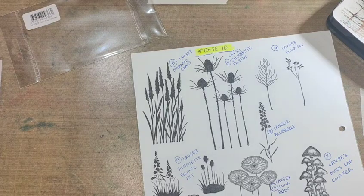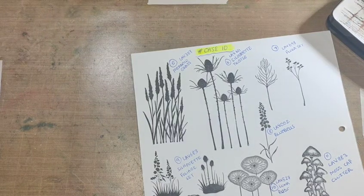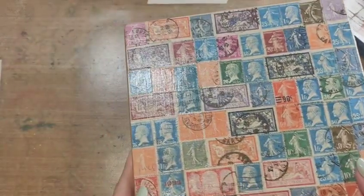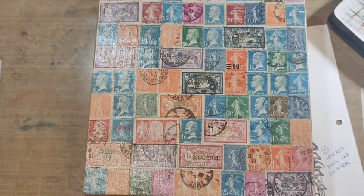Just in case anyone's wondering about the bigger stamps that don't fit into those lovely CD cases, just while I'm getting the box, the CD cases, because they can be stored vertically, are really, really nice to use and easy to store. So I've got some wooden boxes. I just put some stamps on this one and varnished it. So those bigger